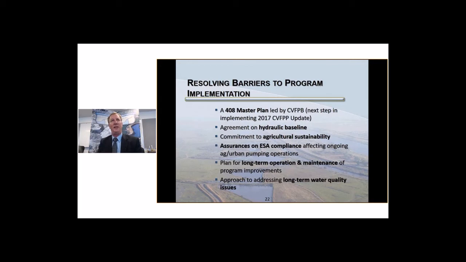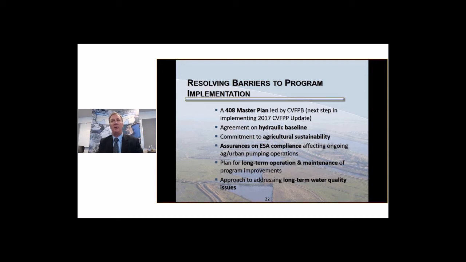One of the key aspects, or what folks like to describe as barriers to program implementation, or as I'd like to say, really the converse, what are the success factors for being successful in implementing a project, is to address how we handle the 408 master planning just described, also looking at how to handle hydraulic baselining, and elements of how the project can incorporate agricultural sustainability as they move forward,